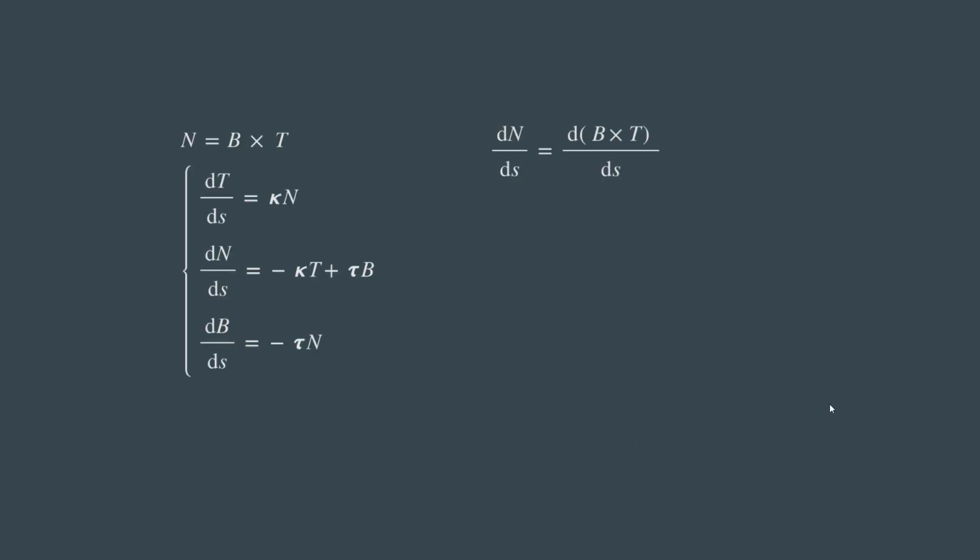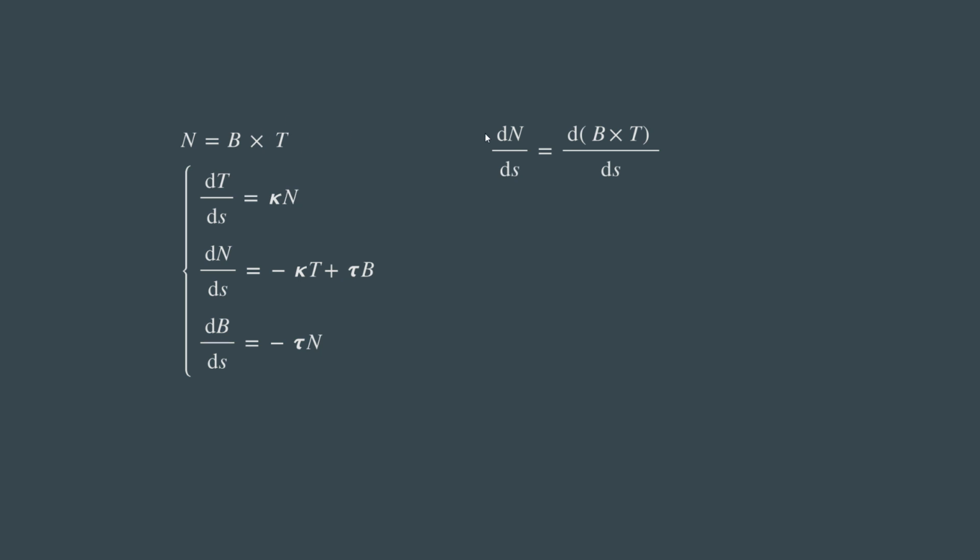All right. So before we go through and try to do a real world example, we have to know the relationship between the components of the Frenet-Serret frame. What we're trying to do is get the relationship between the derivative of the normal vector with respect to the arc length, and how that equals the negative curvature times the tangent vector plus the torsion times the binormal vector. So to start off, we're just going to replace the normal vector with the cross product of the binormal and tangent vectors,